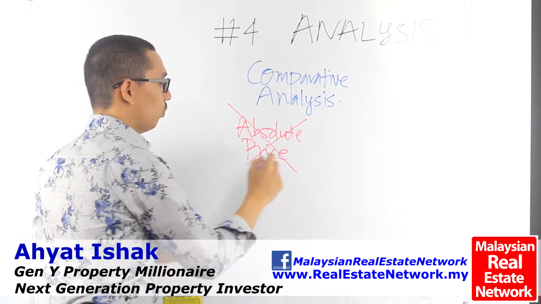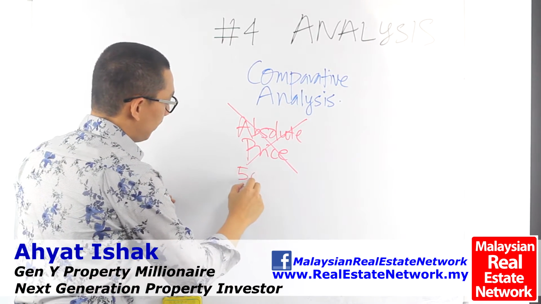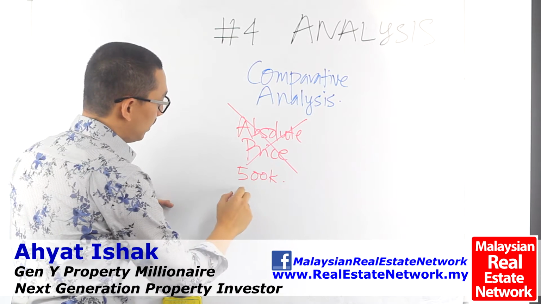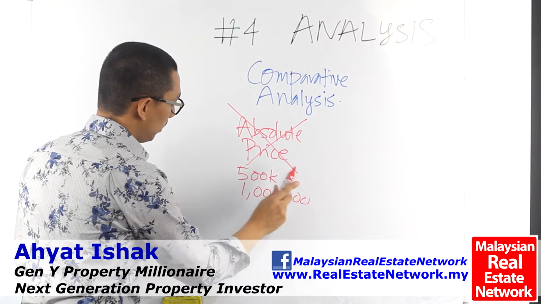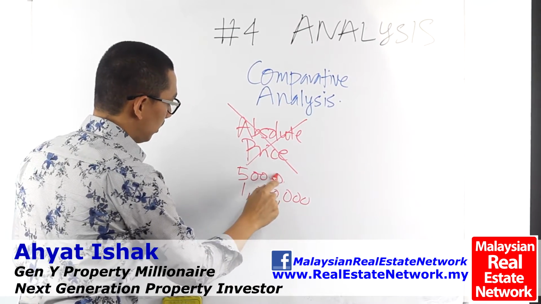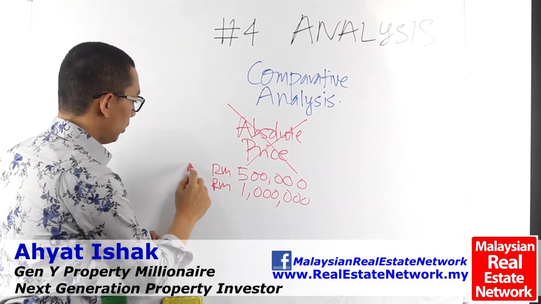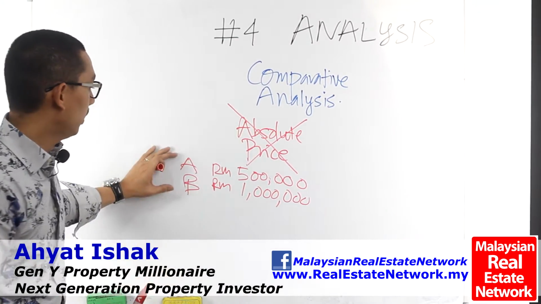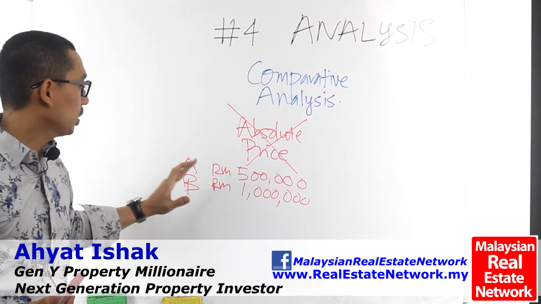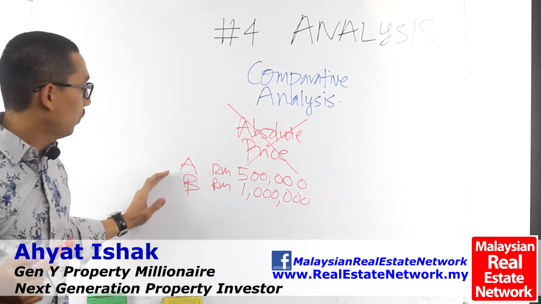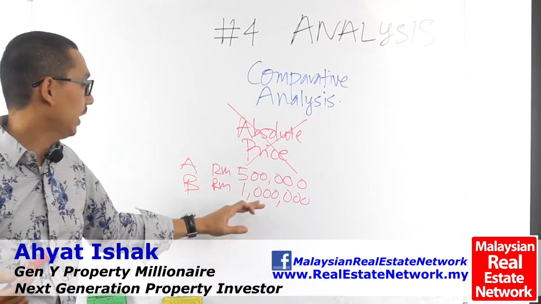So this is what we don't want to compare, because a property might be 500,000 ringgit and another property might be 1 million ringgit. This is not how you compare. So if you look at this, which one is more expensive? Is property A more expensive or property B more expensive? Of course, when you look at this, property B is very expensive because it's 1 million ringgit, double the price